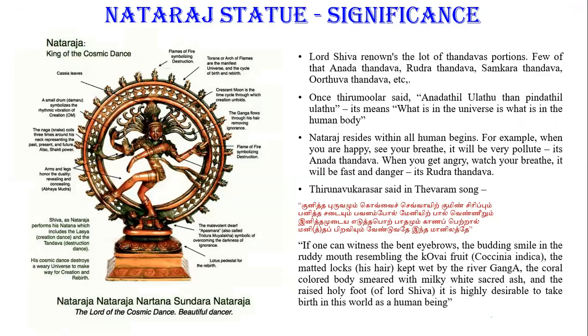As well as, we need to know about the Natarajar statue's significance. The statue shows the Tandava postures, right? The Ananda Tandava, and a lot of Tandavas will be there: Ananda Tandavam, Rudra Tandavam, Samhara Tandavam, Tripura Tandavam, Urdhva Tandavam. We will see them later. First, in the Ananda Tandava posture, in one hand he has a drum, and in the other hand he has the flame. This denotes the creation and the destruction of the universe.